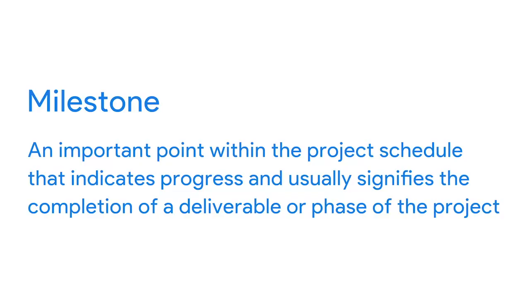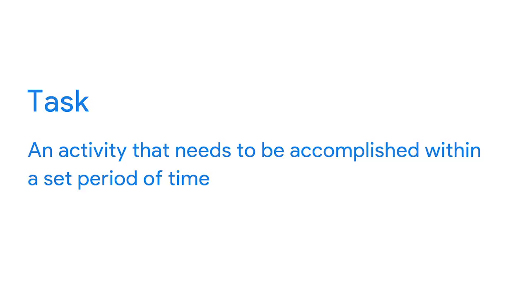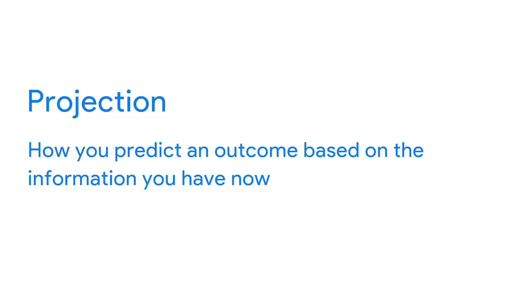As you may recall from an earlier course, a milestone is an important point within the project schedule that indicates progress and usually signifies completion of a deliverable or phase of the project. And a project task is an activity that needs to be accomplished within a set period of time. A projection is how you predict an outcome based on the information you have now. For example, you can predict that with the resources you have at the start of the project, it will be completed